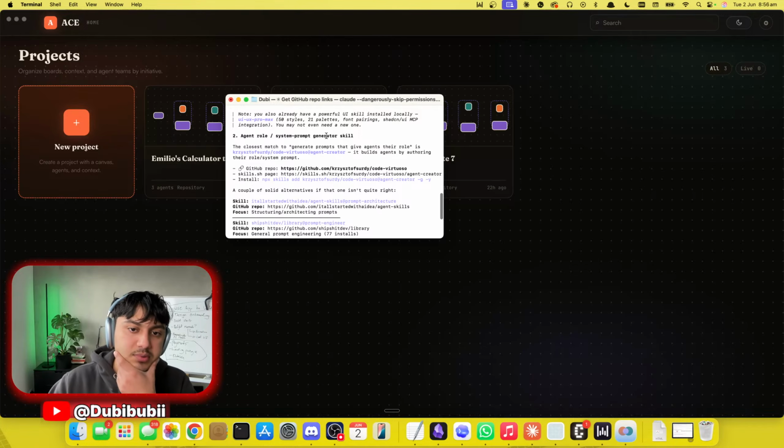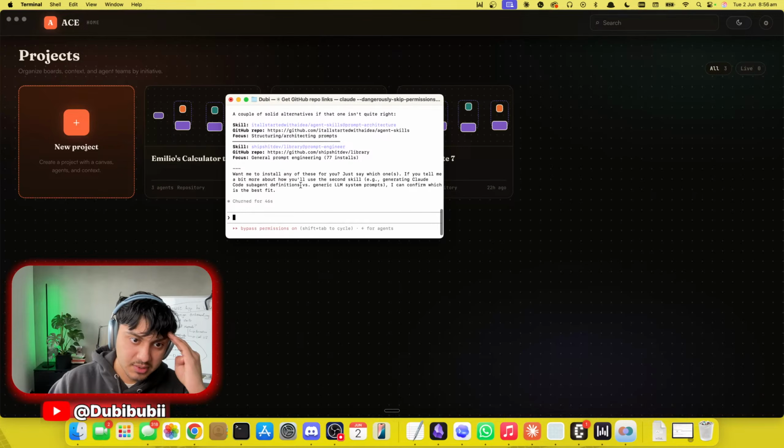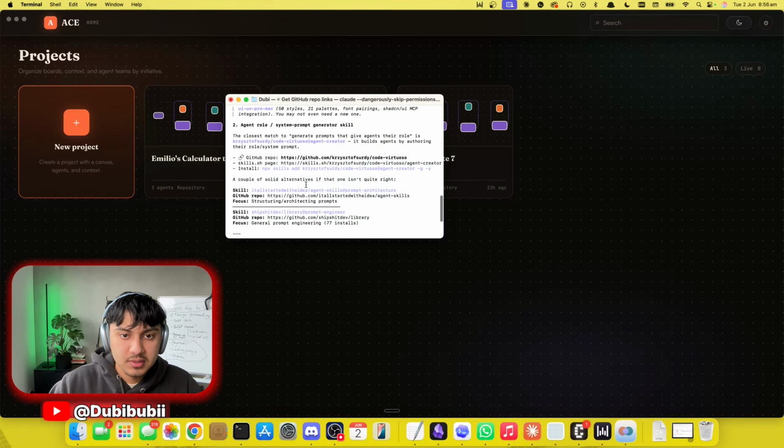All right, system prompt generator skill. The closest match to generate prompts that give agents their role is it builds agents by authoring their role system prompt. Perfect. A couple of solid alternatives. That one isn't quite right. Prompt architecture and prompt engineer. Nah, we're good with that. Okay, so